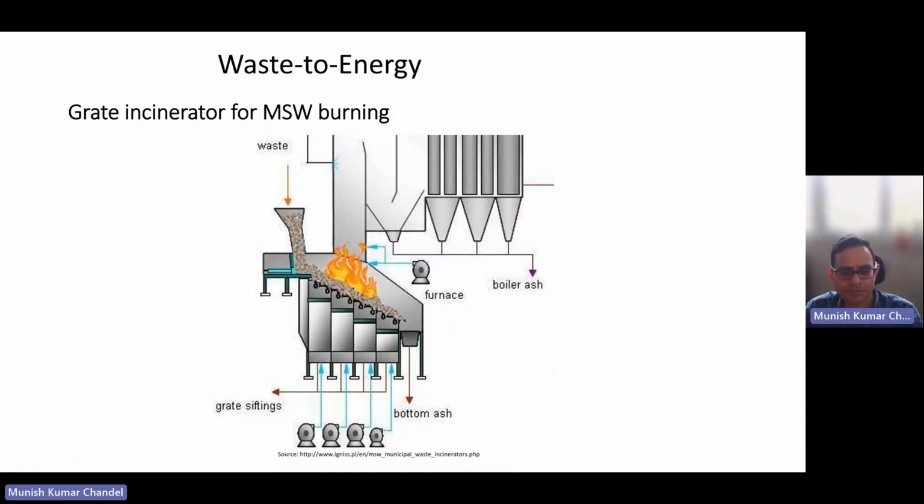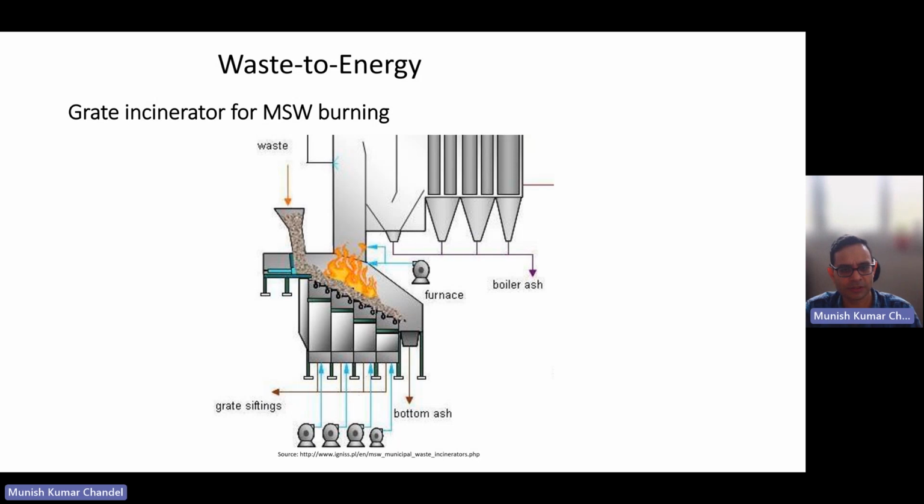Hello, everyone. So in this part of the lecture, we will talk about waste to energy systems for the treatment of municipal solid waste management. As you know, we talked about recycling, recovery, and we also talked about material recovery facilities. Once we realize that a good amount of waste cannot be recovered or recycled, and we do not have any other alternative to deal with that waste,